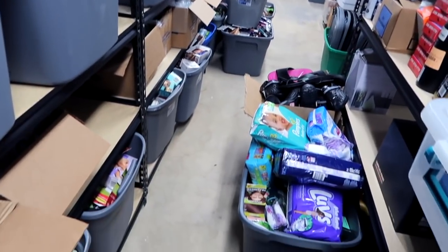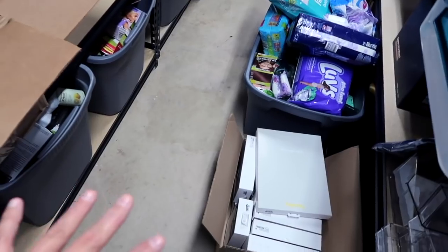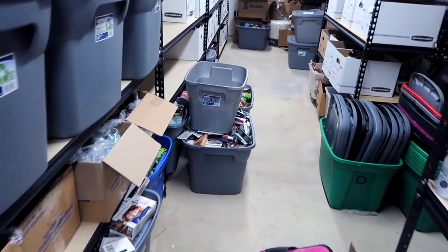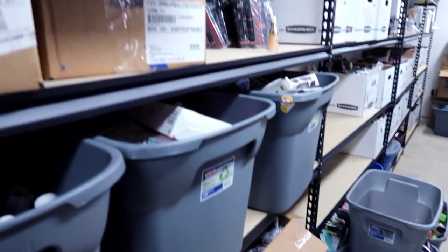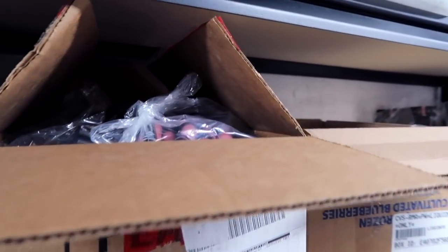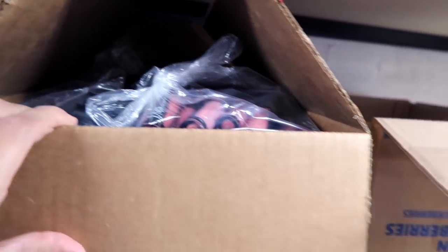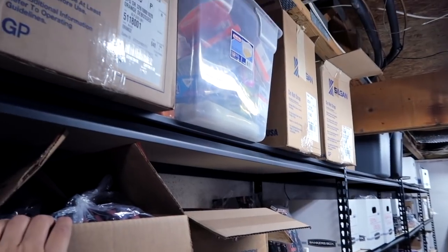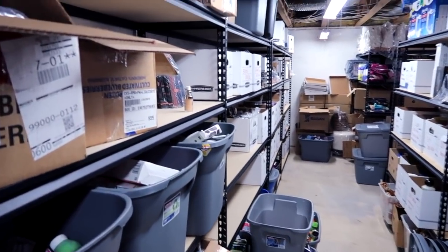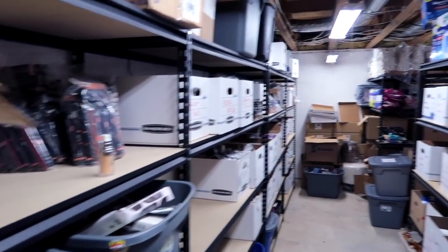Now, we do have a lot of inventory that we're working with. That's the reason why a lot of this is on the floor, because we couldn't fit it on the shelves. We have a lot of new inventory that we need to go through and sort. There are still a couple of boxes of the cosmetics that have been sorted, still in the process of getting those listed. So as we mosey on past all of these items,